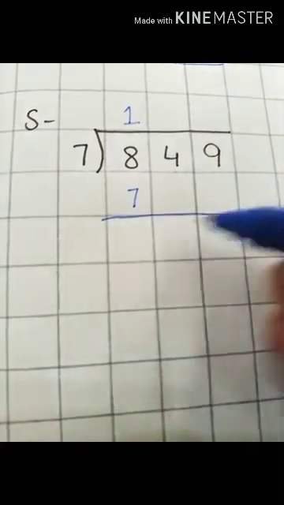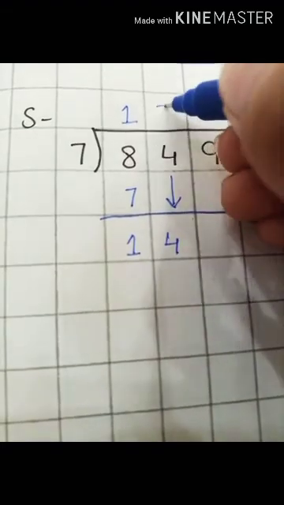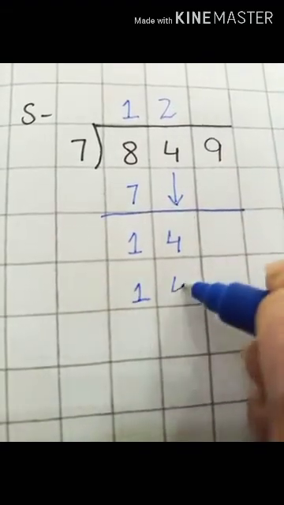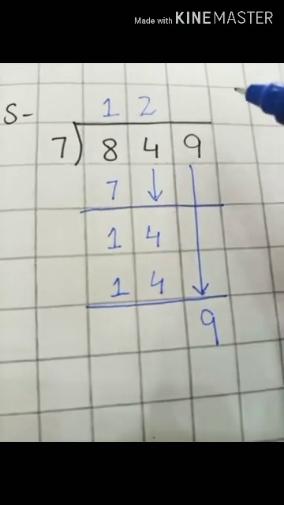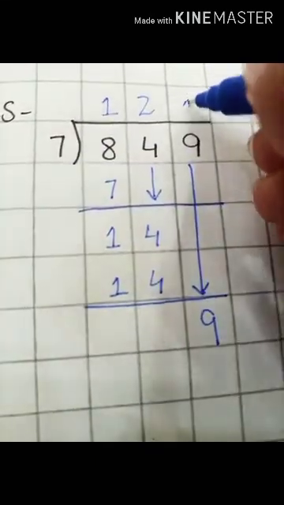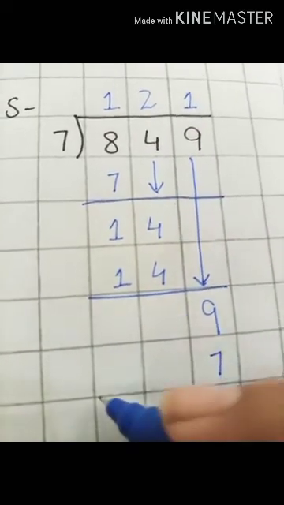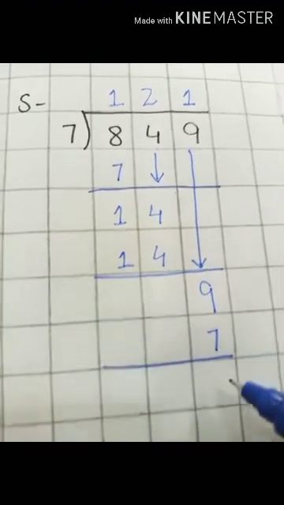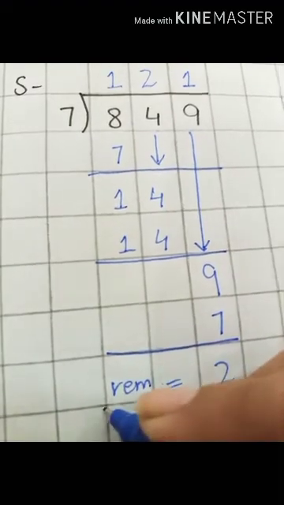Next is part S, in which we are going to divide. 7 ones are 7 down here. 8 minus 7 is 1. Bring this 4 down and this will become the number 14. 7 ones are 7 and 7 twos are 14. Now students, 14 minus 14 is 0. So I am writing this 9 down here because this part of our dividend is unattended. Next is 7 ones are 7 because 7 twos are 14, can't write the 14 beneath 9. So I am writing 7 ones are 7. In the next step, 9 minus 7 is 2. This 2 is smaller than my divisor. So I am writing it as my remainder.